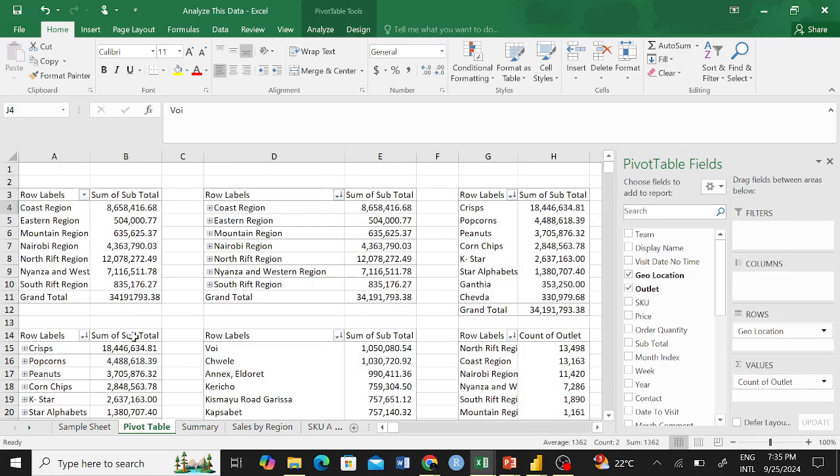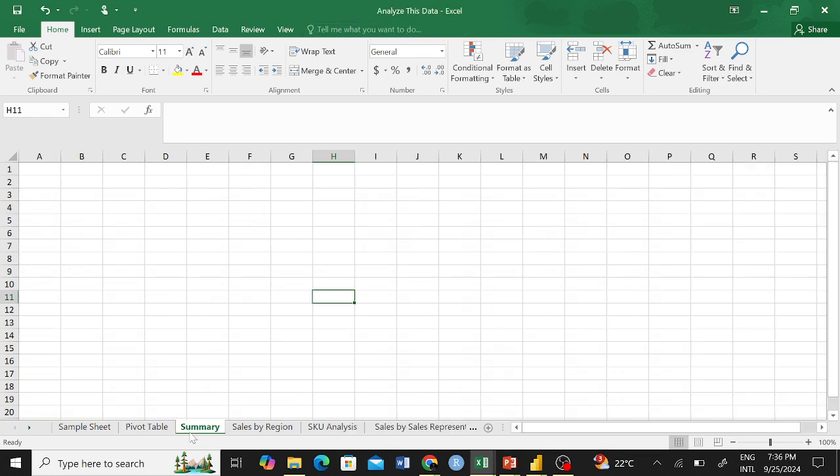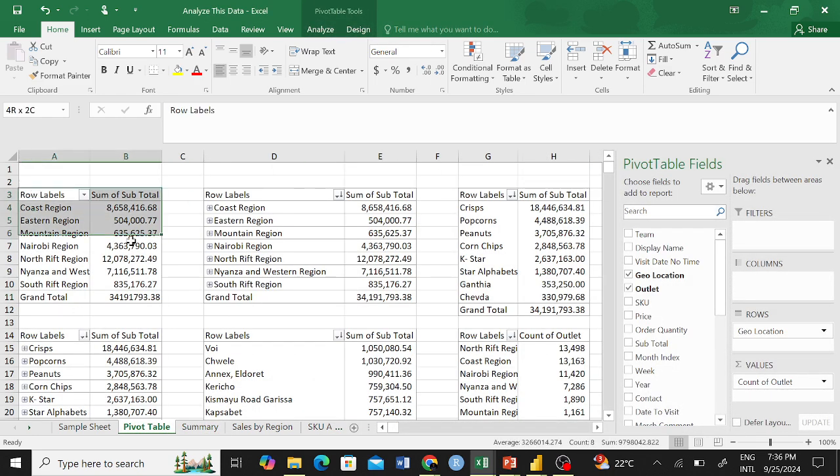So here is where we build maybe. We want the person to see performance by region. Let's say sales by region. So we want them to see maybe this information. Yeah. So we want this information to be seen. So we could place a